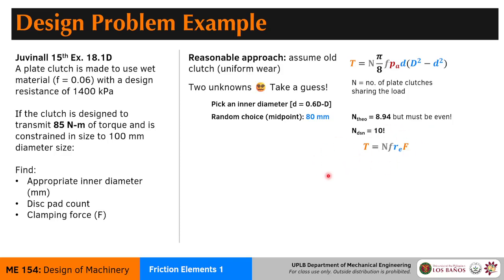Essentially, if you do this, you have to solve for the effective radius first, and that can be solved because we do know our big diameter and our small diameter. So you can go back to the slides, you can get the equation, and you actually get this. This is the force. Are we done? Yes, we're done.